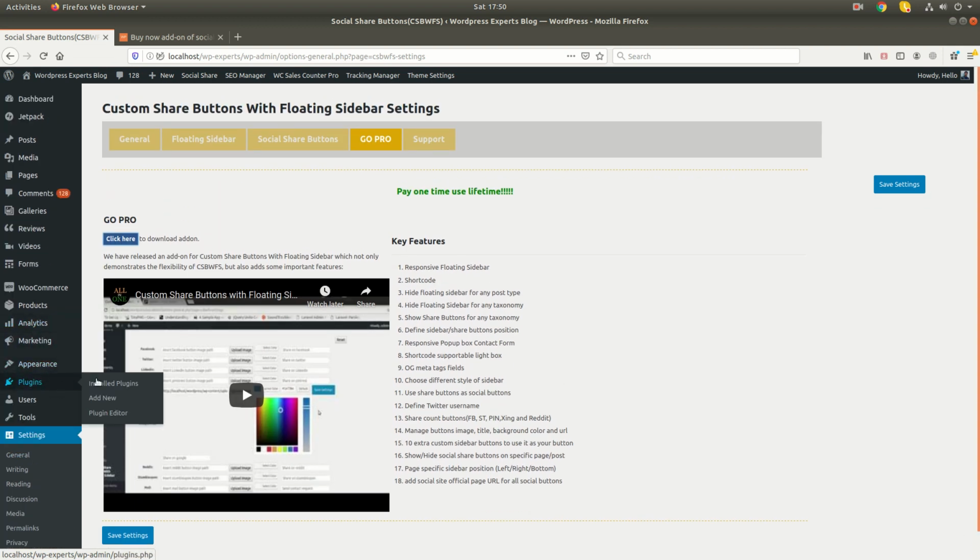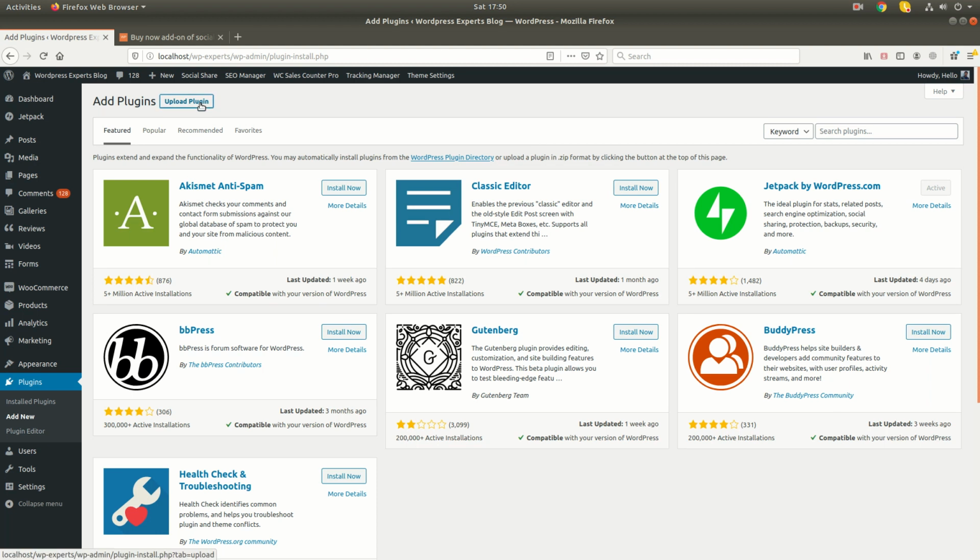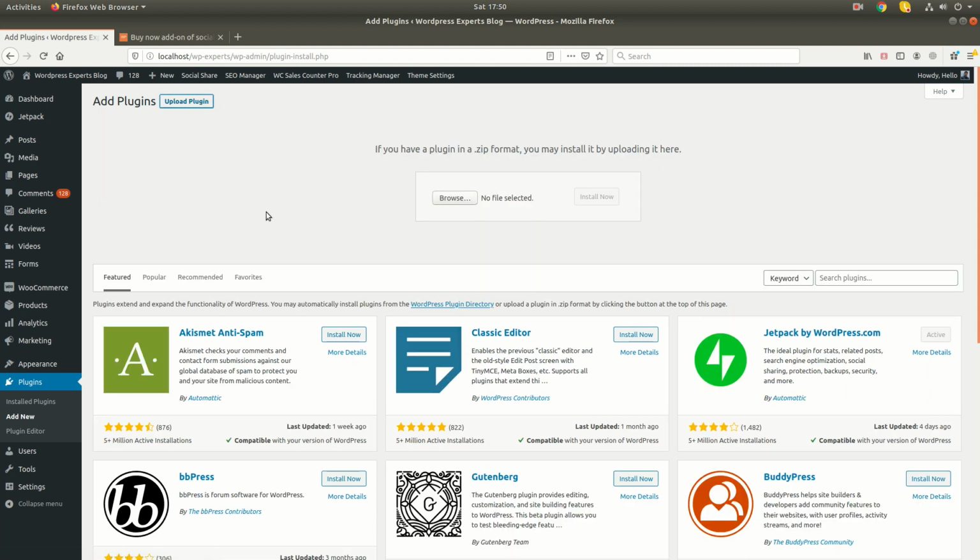You will need to follow the same process, just like a normal plugin. When you purchase our add-on, we will send you the download link of the add-on zip file, so you can find this zip file in your order confirmation email.